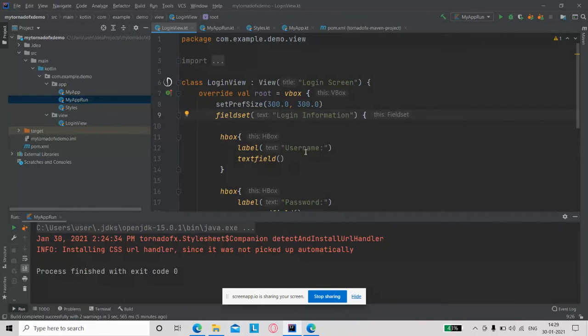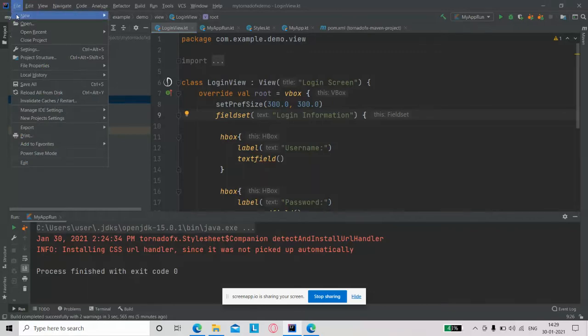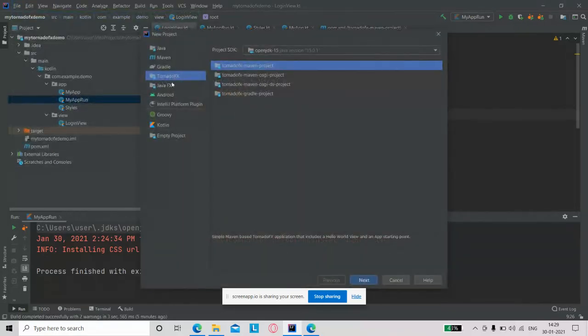Once you install it, you can create a project based on that. So select new and project. Select TornadoFX as the type. In TornadoFX, you can see Maven, Gradle, then other two options as well. But for this demo, select TornadoFX Maven project. Then I am using OpenJDK 15, and the language used for developing this demo is Kotlin. Okay, so click on the next button,